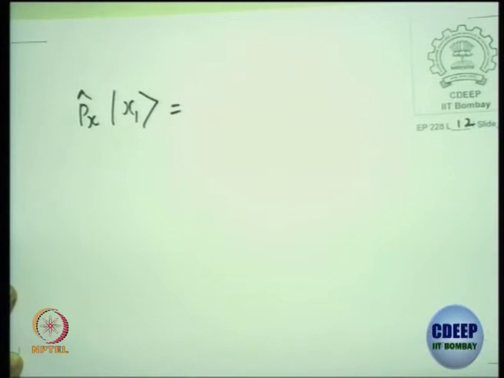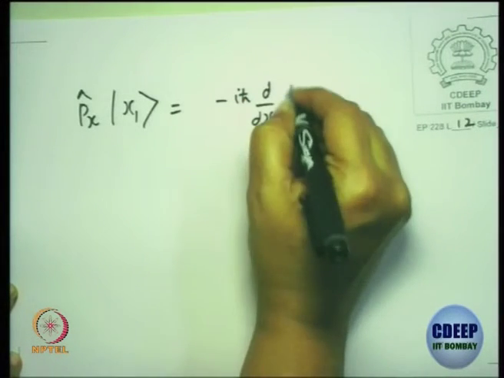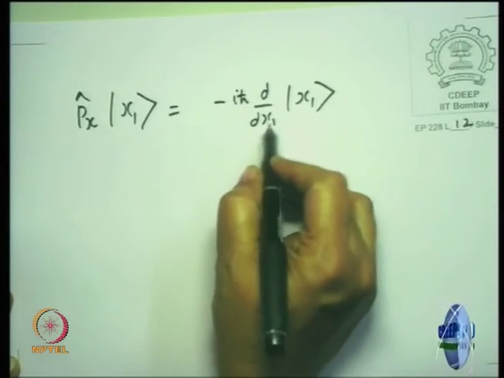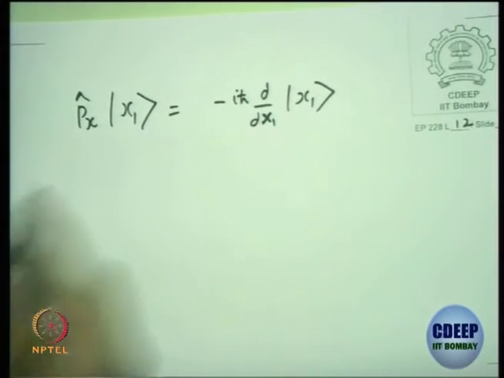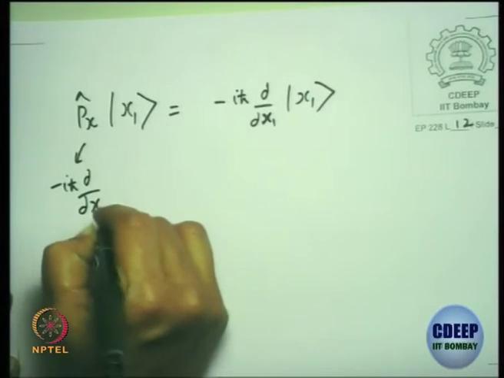What will that be? Now this is an eigenvalue equation. Eigenvalue is a differential operator here. It is a differential operator on the states. It picks the x1 differential operator at x equal to x1. Whereas this side I could write it as minus i h cross del by del x